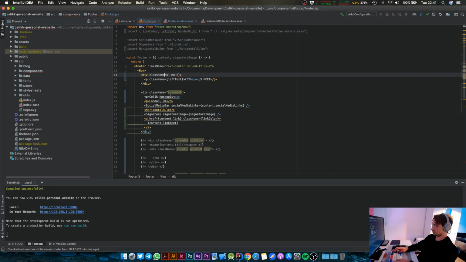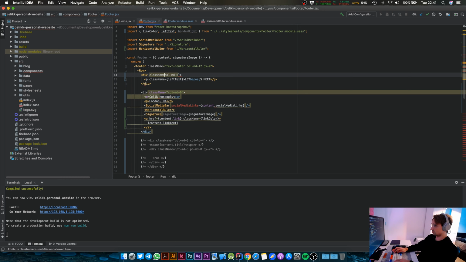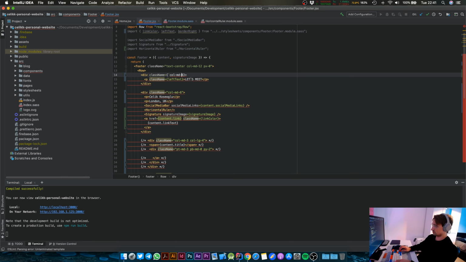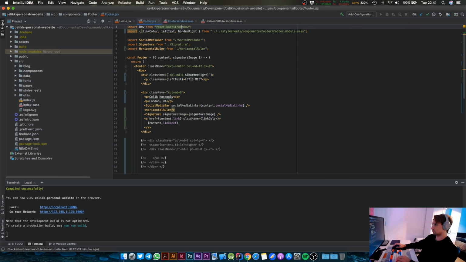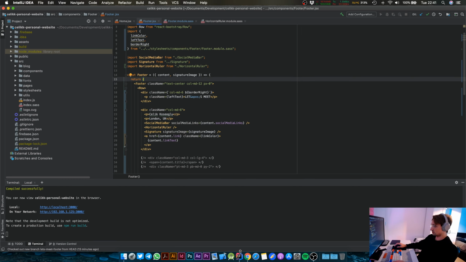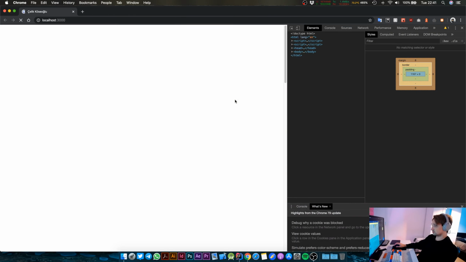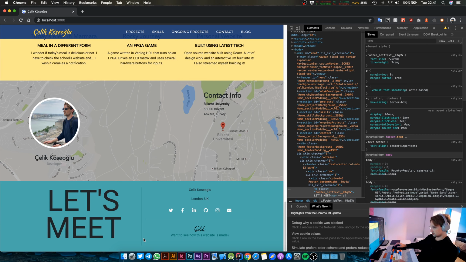I have to use curly brackets this time because I'm importing something from Bootstrap. So we're gonna keep col md6 from Bootstrap, and we're gonna have the React style that's imported right there. Okay, clean it up, and okay, we have a vertical separator, we have a horizontal separator right there. We have the let's meet text,